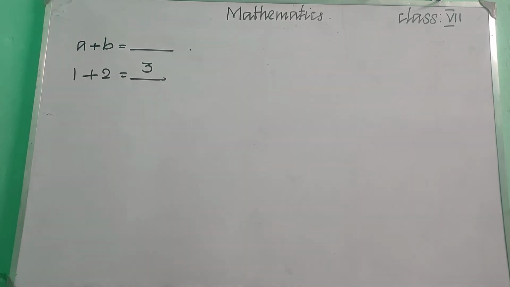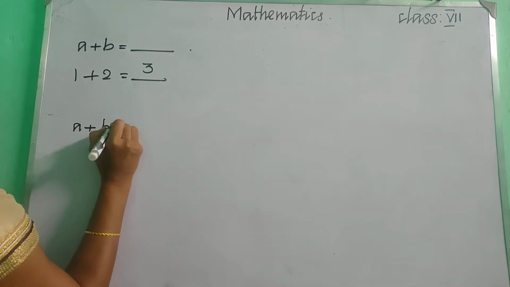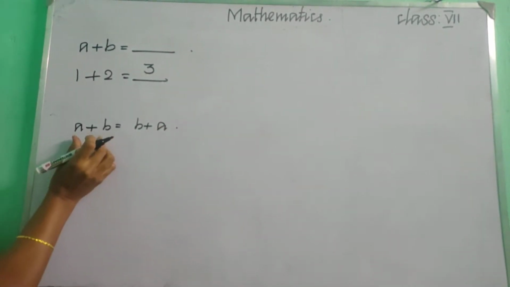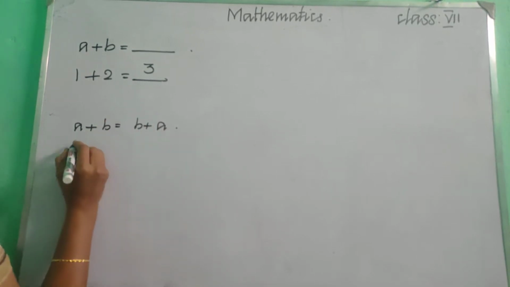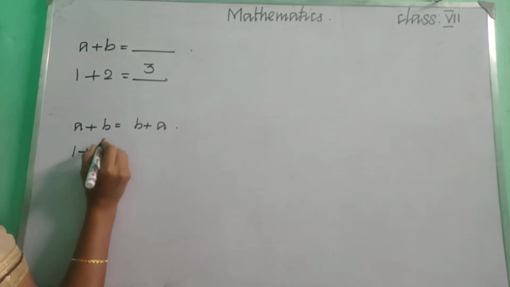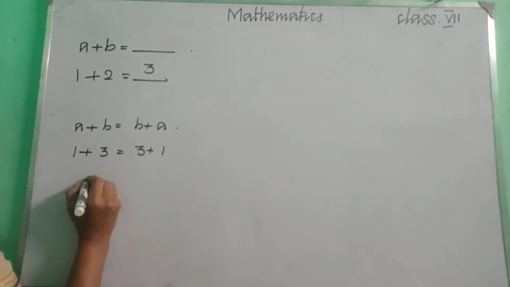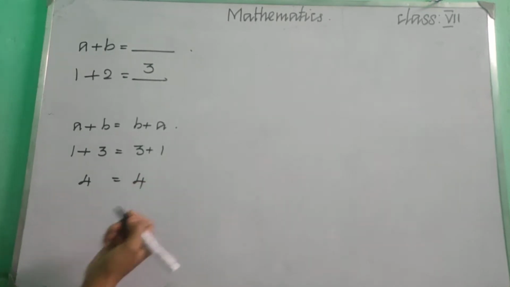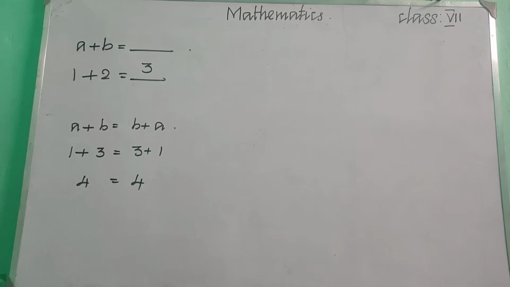And then we have learnt about commutative property. So what do you mean by this commutative property? Commutative property means A plus B equal to B plus A. Okay. If you are adding this A plus B, it will be equal to this B plus A. Okay. Simply if you are having 1 plus 3, what will you get? 3 plus 1. Okay. What will you get? 1 plus 3. So we will get 4, right? So here 3 plus 1 will get the same answer. That is 4. Okay. So we can say it satisfies commutative property.